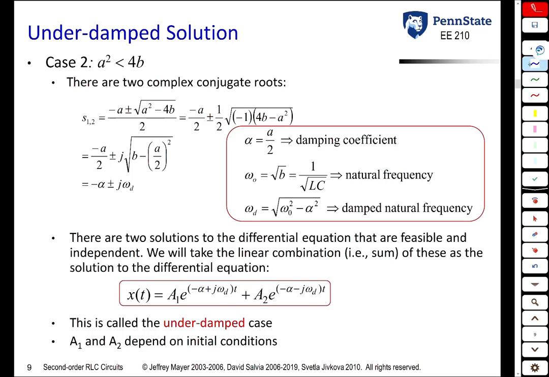All right, let's look at the more complicated cases now. Case 2 is where the radicand is negative, when a squared is less than 4b. This is where the math gets a little tricky. So applying the quadratic formula, the two roots are still minus a plus or minus the square root of a squared minus 4b over 2, where a squared minus 4b is negative, so we can rewrite that as negative 1 times 4b minus a squared, where 4b minus a squared is now greater than 0. The square root of negative 1